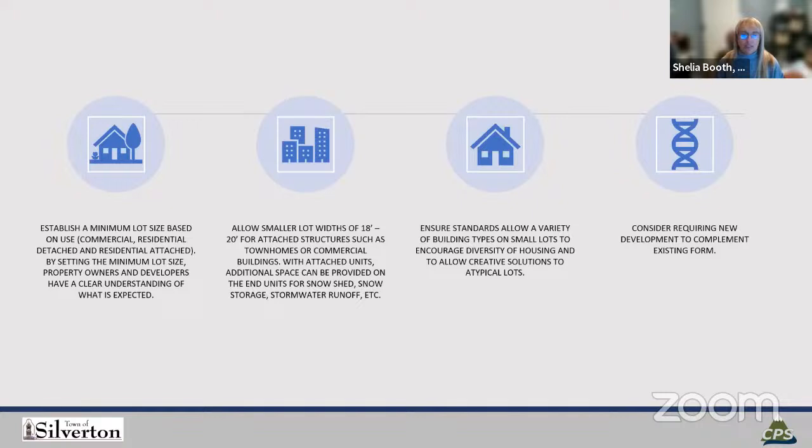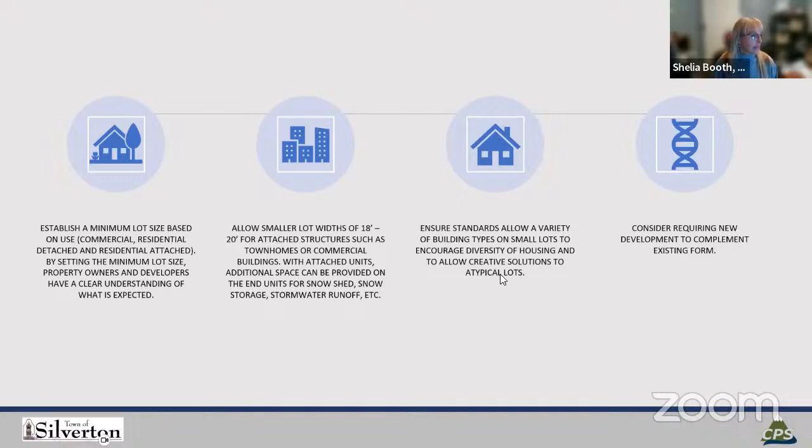Because what you don't want is to have a property owner go through the expense of engineering and architecture only to find out they can't do it. So we're trying to set up the minimums up front so they know that they can, and we can move forward with them. Something to consider is allowing something smaller than just the 25-foot lot width. As I've shown you in some of those, you can do creative housing on lots that are smaller, especially when it comes to multifamily, 18 to 20 foot attached units. You can have the smaller lots and you can get more on less land than what you would have to if it was just the 25 by 100.